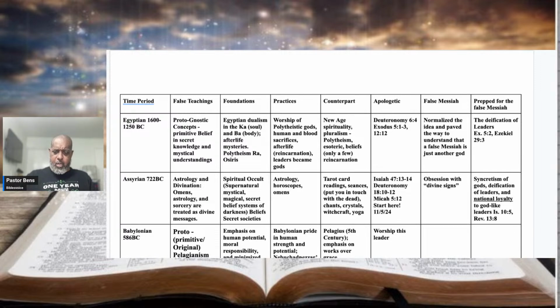Now, many of us may say, well, what about these dynamic preachers? They can preach and it's just amazing. Well, let me say this. There's a difference in being charismatic and preaching what thus saith the Lord. So we've got to make sure that we're not performing hero worship, which we're going to get to a little bit later.